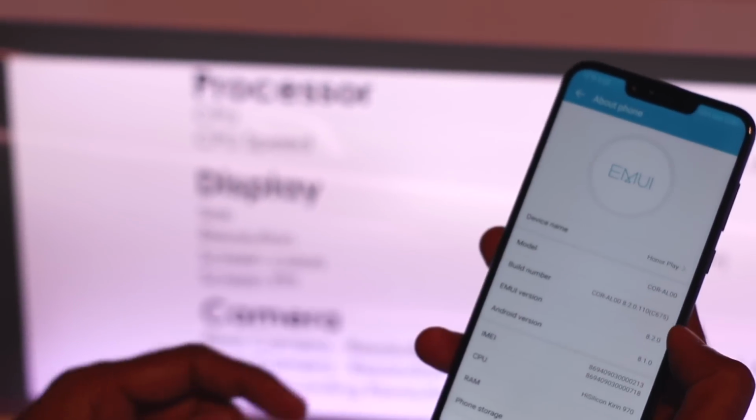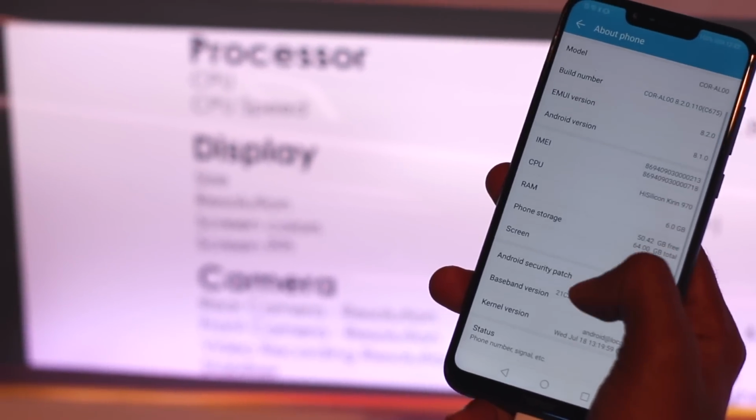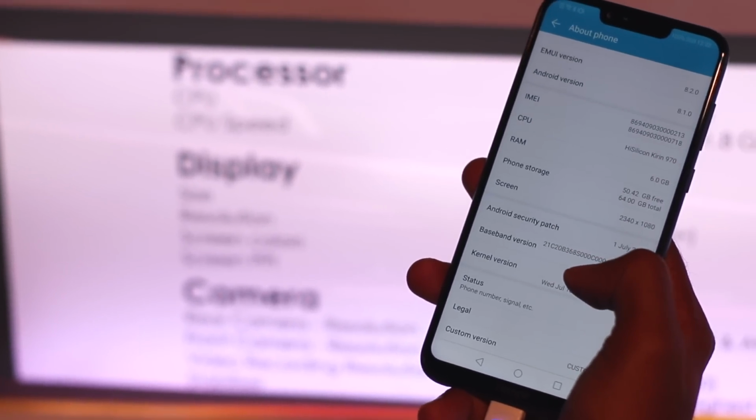As I said, they have optimized the software a lot and made it very fast, and I have to say, when using it for a very short period, it feels very fast and very responsive. There is no lag or jitters I have seen till now, but it is a very short time that I have